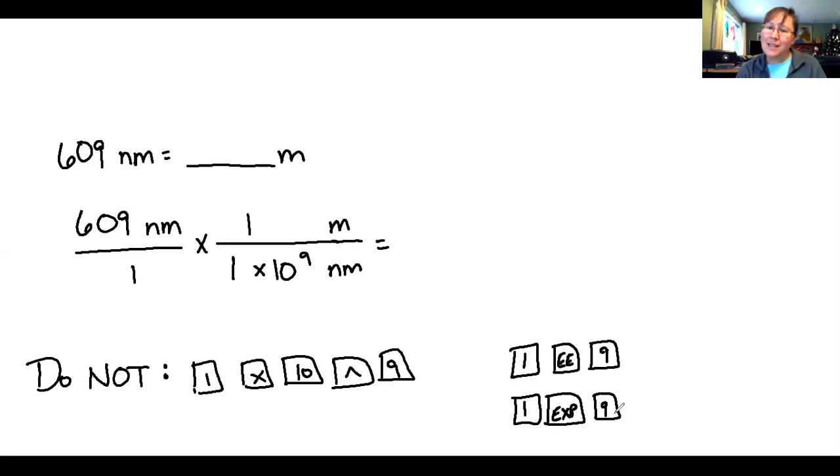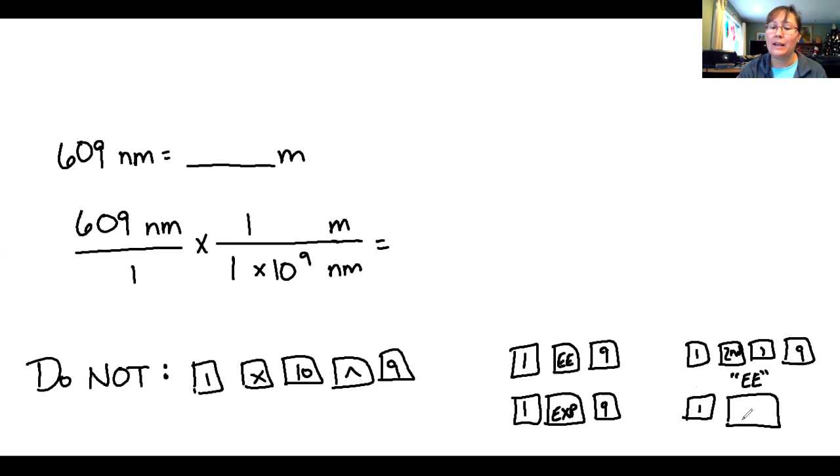Sometimes on graphing calculators, what you need to do is 1, and then it's second comma, which is your EE function, and then a 9. And on very rare calculators, I have seen 1 with a times 10 to the X button, and then a 9. Okay, so these are the 4 most common ways that I have seen for students to put scientific notation